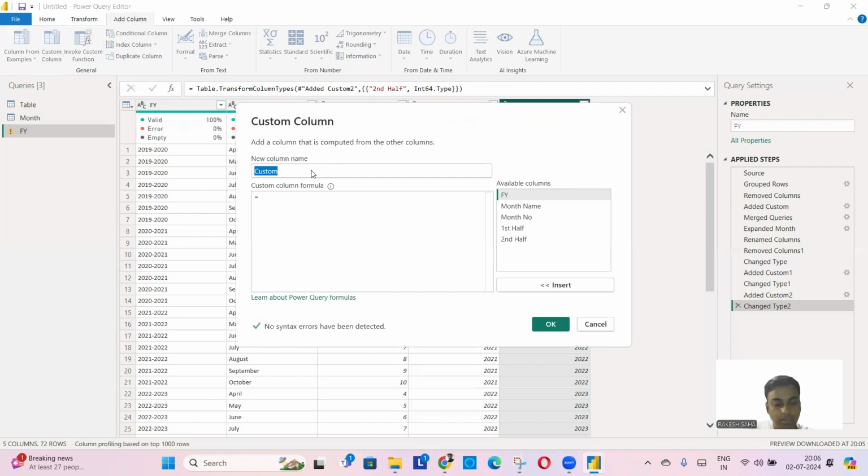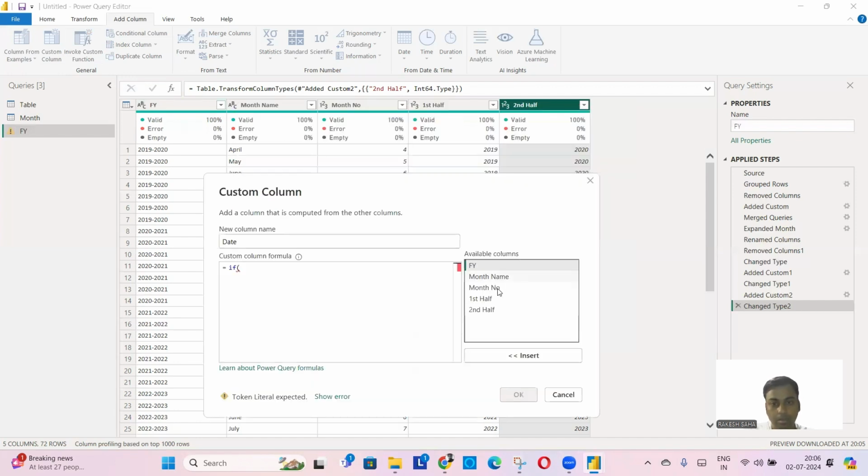So date, if, what is this month number? Month number, brackets are not required here. If month number less than 3, then